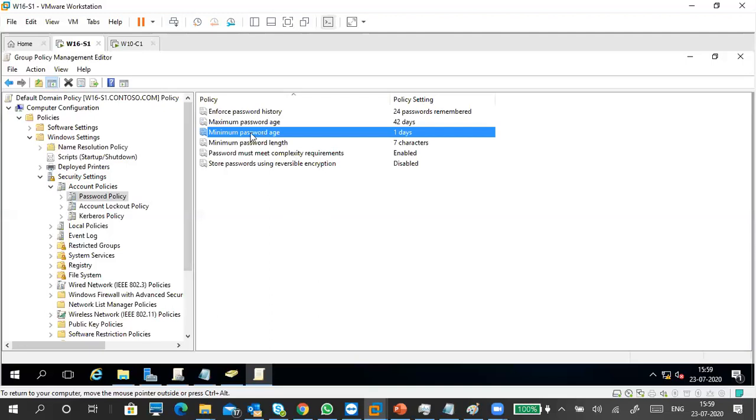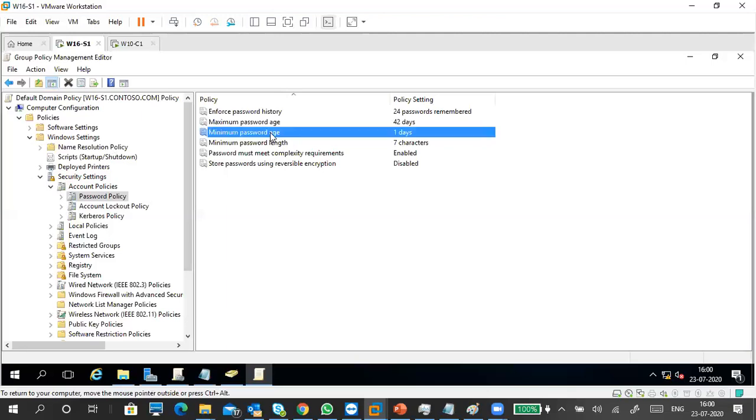Okay, next one is minimum password age. Some people say, sorry, I told my password to you, I have to change the password. Every day, at least 2, 3 times, they will change the password and they will raise a ticket. Admin, I forgot my password, please reset my password again. Or, my password got compromised, someone is logging in. So there are certain freaks. I still don't know how to deal with these people. How is their password compromised every day? I don't know. Daily or very frequently they change the password, and they forget their password also.